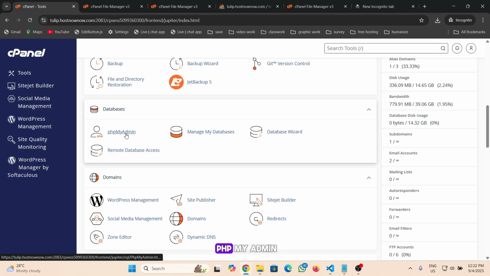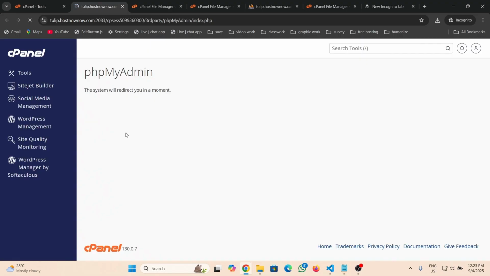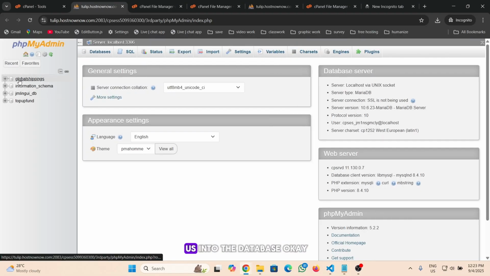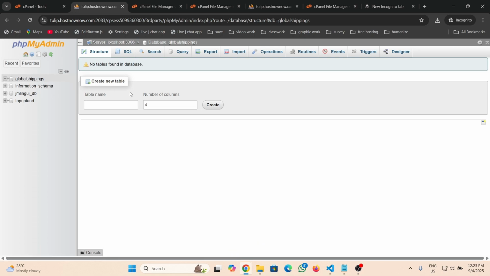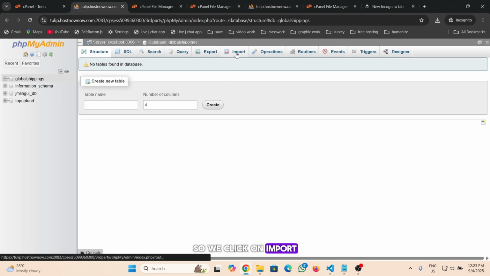So you click on phpMyAdmin. Automatically it will log us into the database. Okay, so this is the database we have created. Then you select it. Once you select it, the next thing we are going to do is to import the database, the one we have as a file. So we click on import,